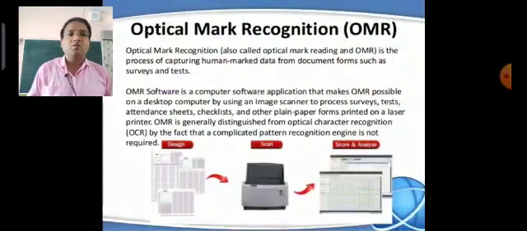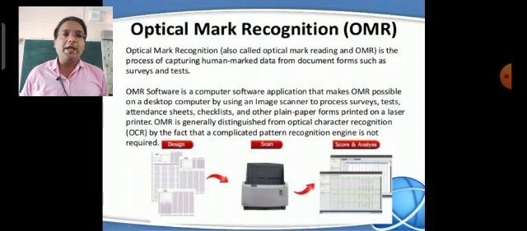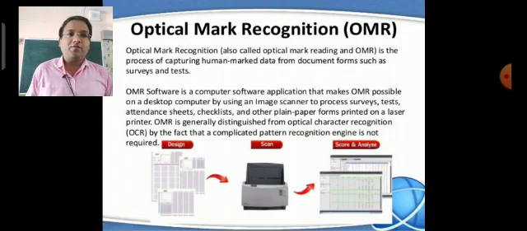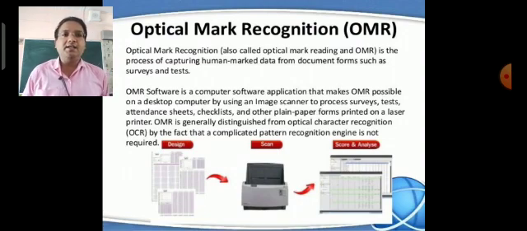Now, next, what is OMR? Optical mark recognition. It is the process of capturing human marked data from document forms such as surveys and tests.